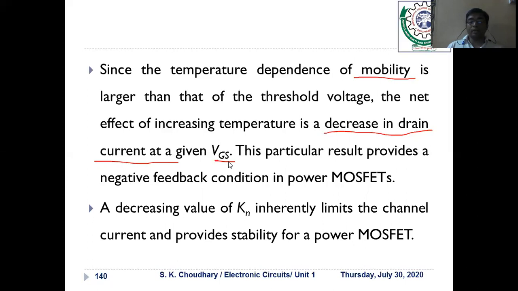So these are all the non-ideal current voltage characteristics of the MOSFET. First we have seen the finite output resistance, then the body effect, then the sub-threshold conduction, then the breakdown effect, then the temperature. These 5 non-ideal current voltage characteristics are very important to understand the operation of the MOSFET, also for examination purposes.